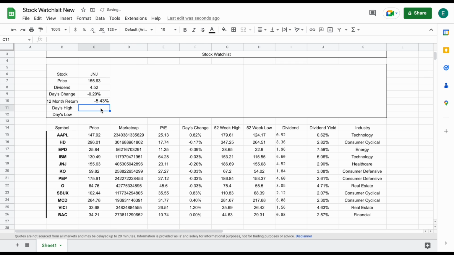So now we just need our day's high and our day's low. So let's go ahead and hit equals GOOGLEFINANCE. We'll come up here and click on Johnson & Johnson, and we'll just type in high, and we'll do the same thing here, GOOGLEFINANCE. Come up here and click on Johnson & Johnson and type in low, and hit enter. And so now we have pretty much all the data that we need for our spreadsheet,